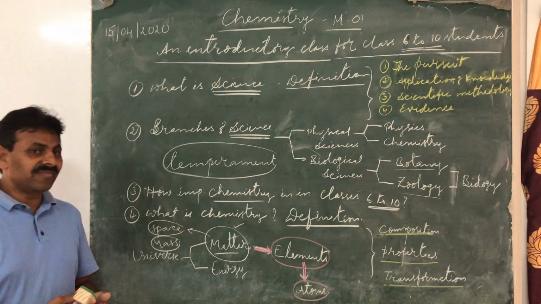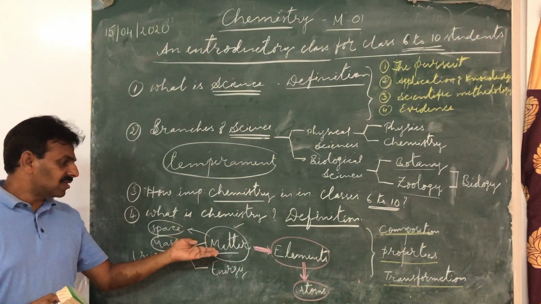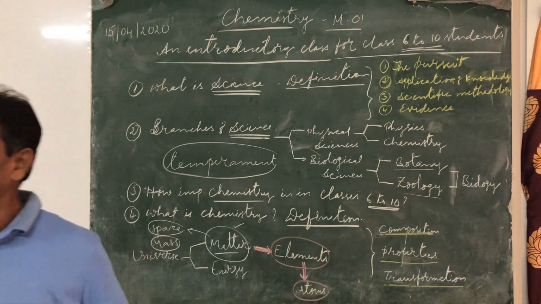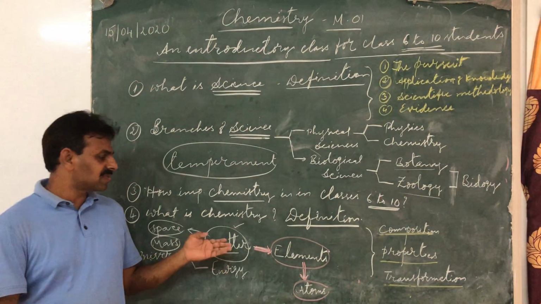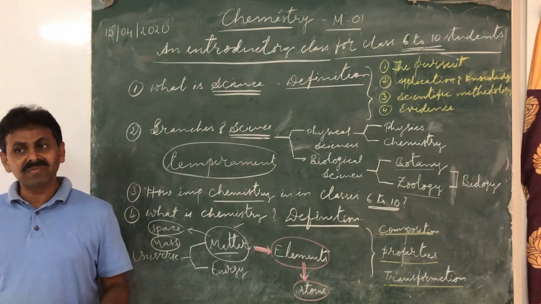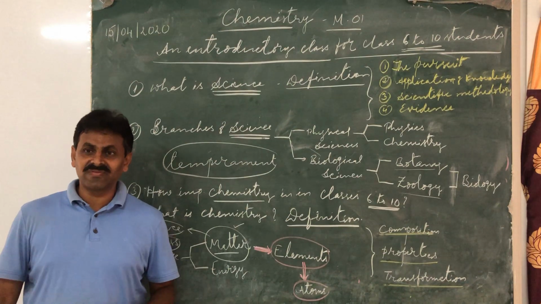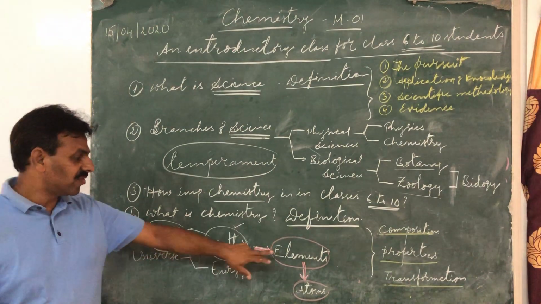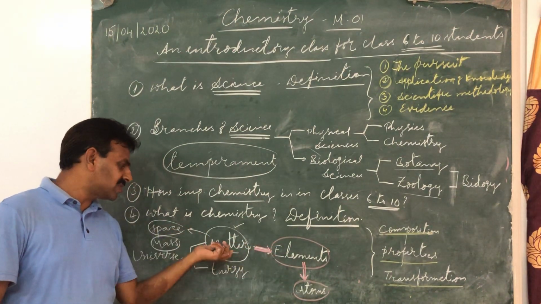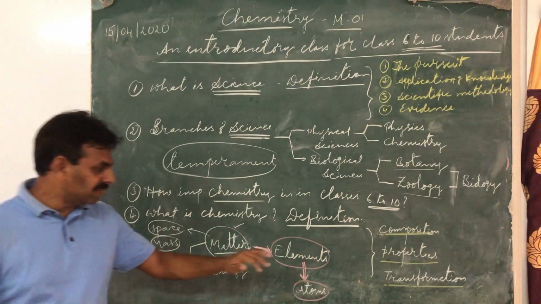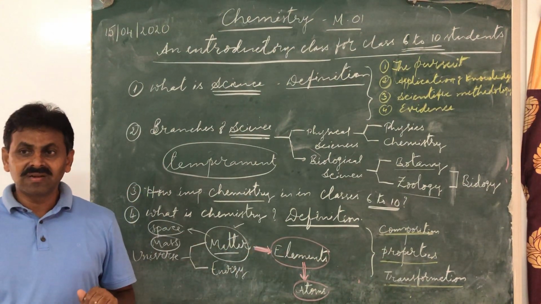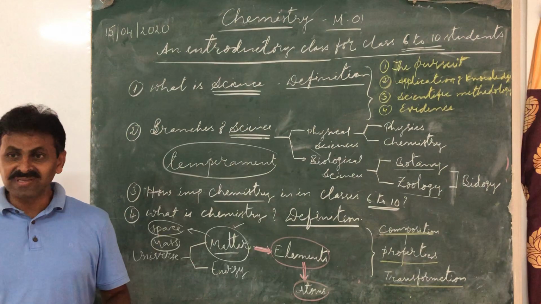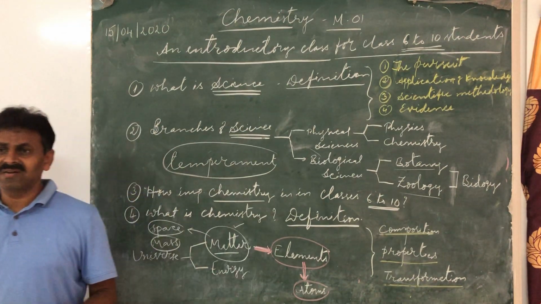Similarly, we must understand what the matter constitutes. What is there in the matter? Everything is considered to be matter. Anything that occupies some space and has mass is considered matter. But what does it consist of? Let me tell you, children, that matter consists of elements, or elements constitute matter. There are 118 elements.